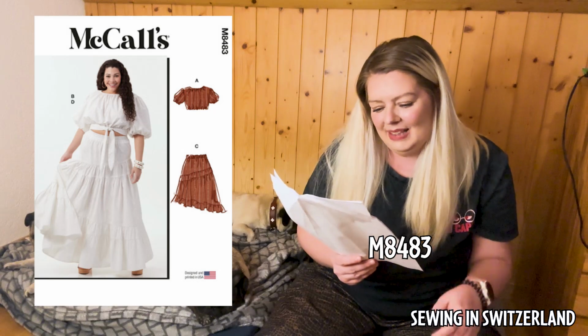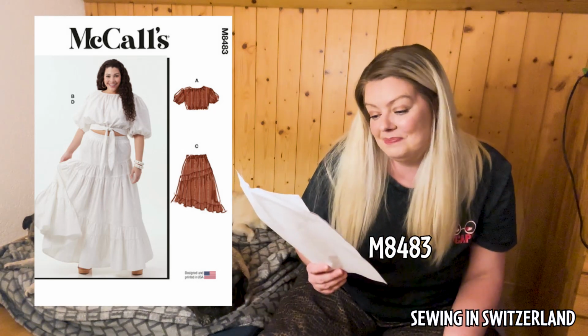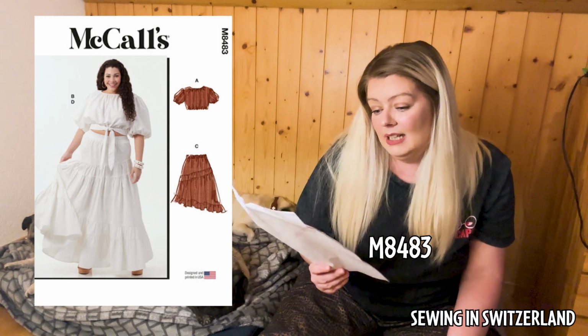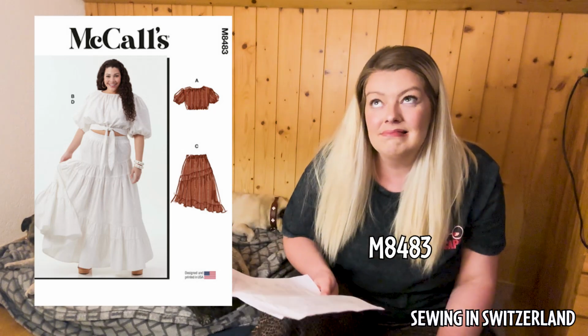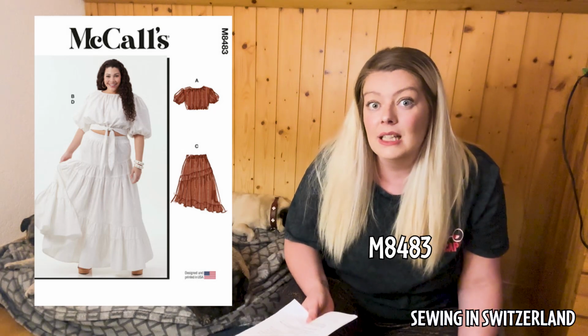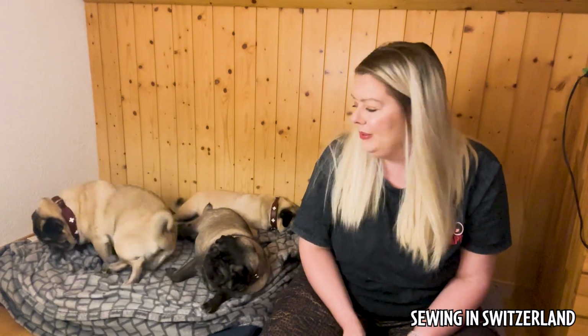I'm just checking my notes, seeing if I've missed anything. No, it's nice. I think it could work, but I do think you'd have to make some modifications, especially on that neckline and that tie sash. Just get rid of that completely. But the skirt, I do like the skirt. So let's move on to the show-stopping horror show of the collection,